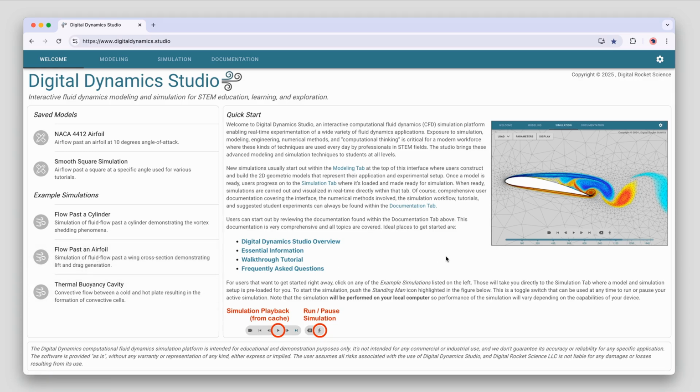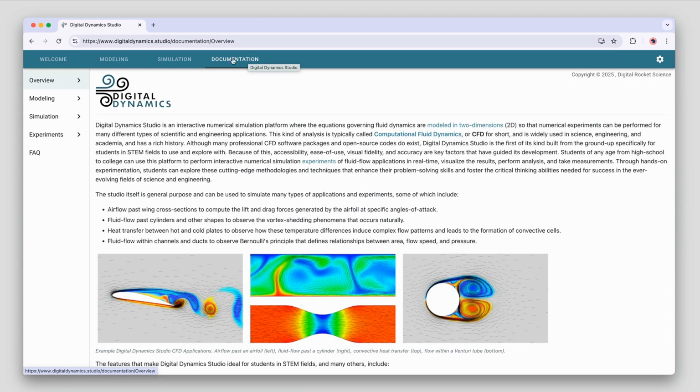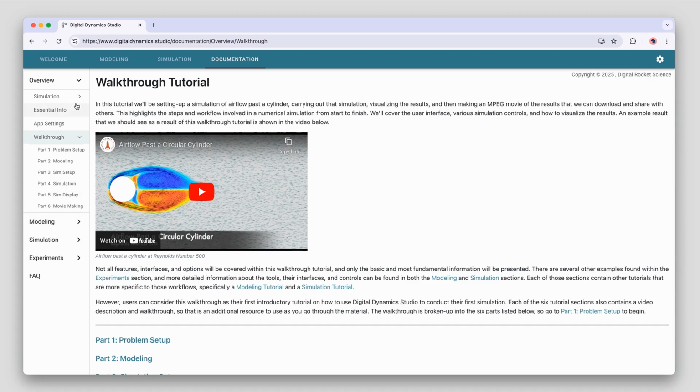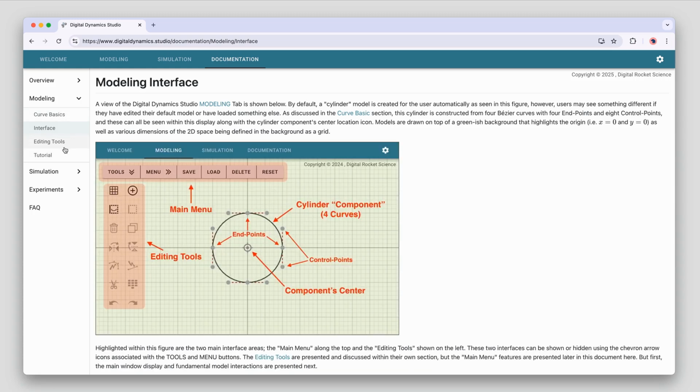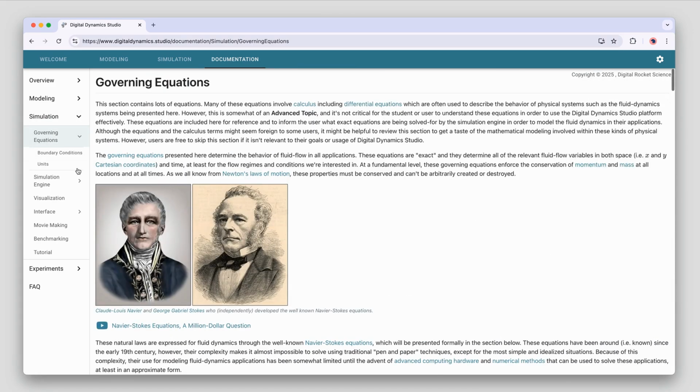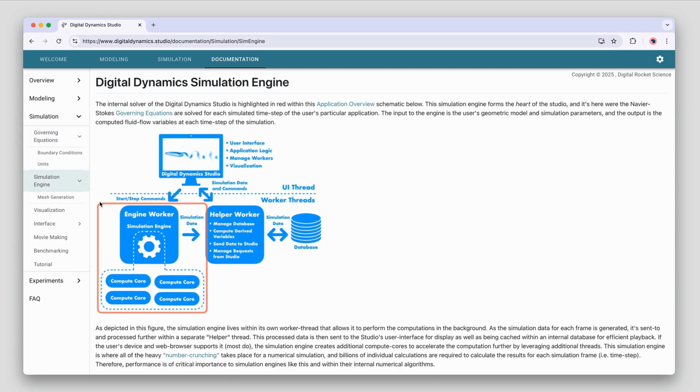But before we get started, we wanted to point out the documentation tab here on the right. This has all kinds of information about what the tool is, what is computational fluid dynamics, what is a simulation, some essential information about using the tool, some other tutorials. Here's a big walkthrough tutorial that you can go through if you want to, information about how to create models, geometric modeling, how to use the interface for creating geometric models, simulation, what is a simulation, what are the governing equations, you can see some of them here, what is happening during a simulation, all kinds of information,